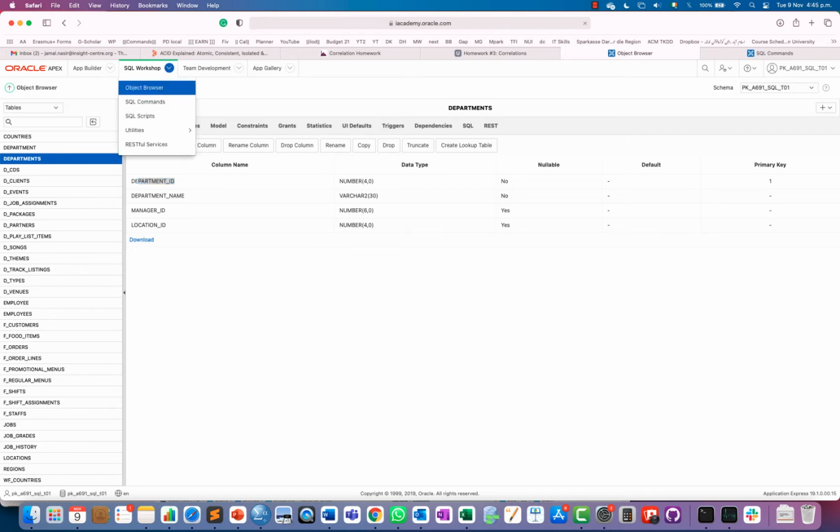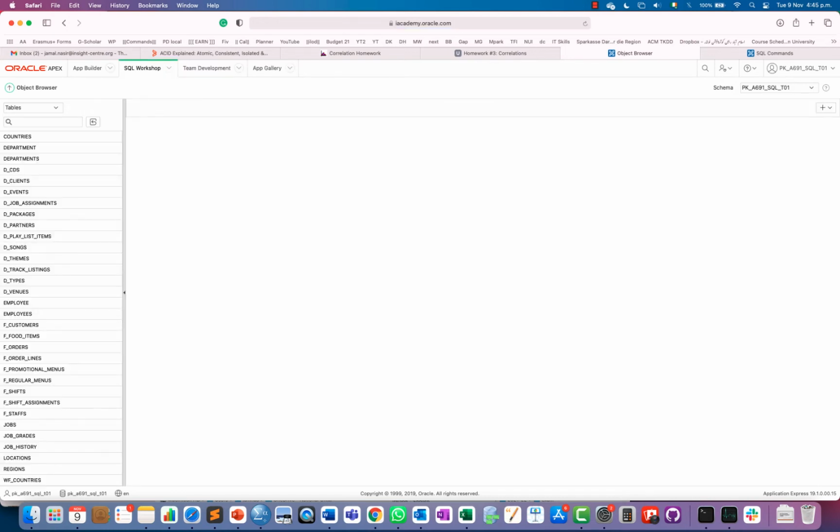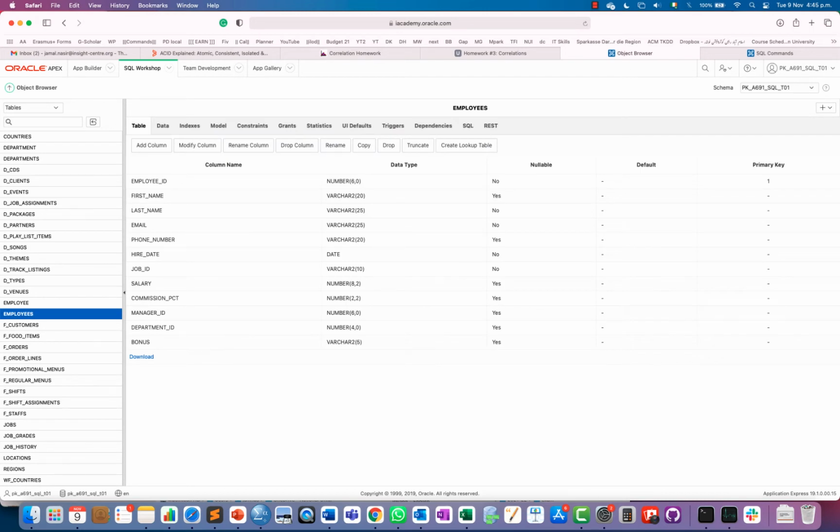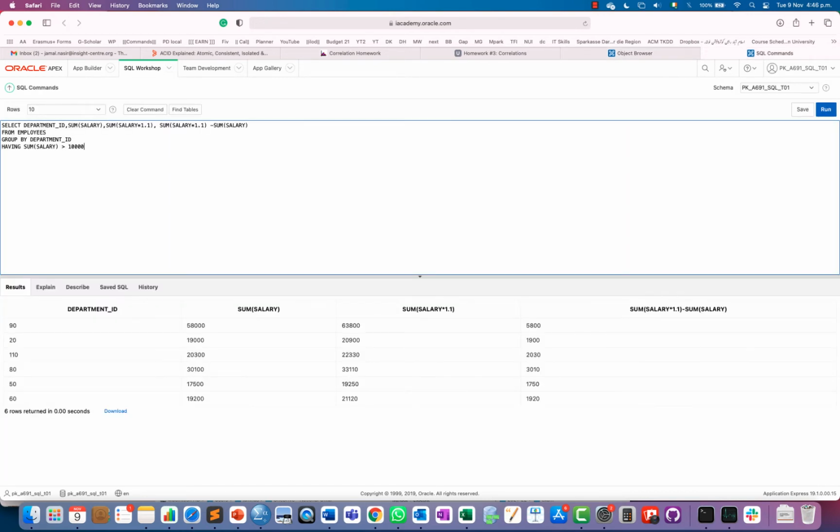So we can go to the object browser again, and this employees table, we can see the schema. First underscore name, last underscore name, that's fine. Department ID, that's fine. So here, for example, I want to print the first name of the employee and then department name, right?